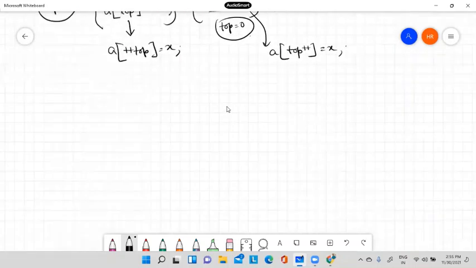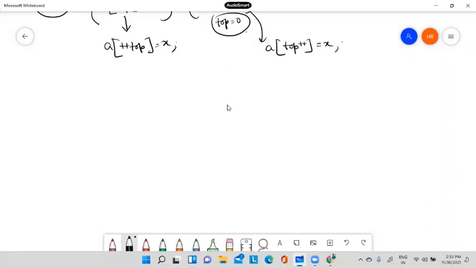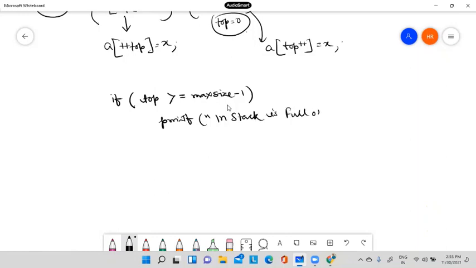So finally the push operation will look like this: if top is greater than or equal to max size minus 1, since this is the index value, then we have to printf stack is full or overflow. So this is the overflow condition.